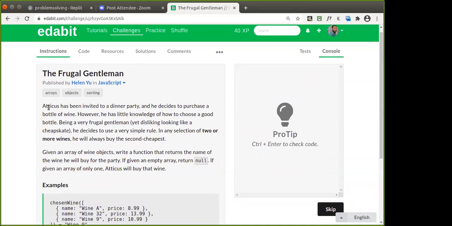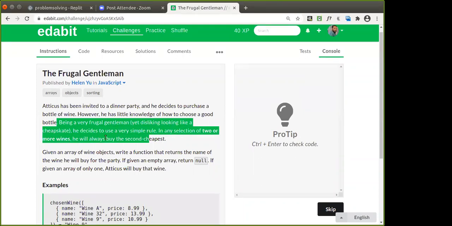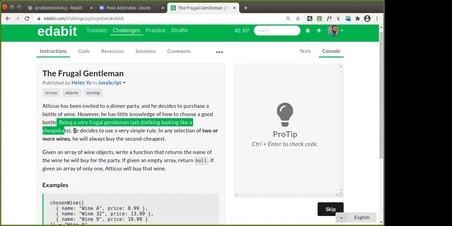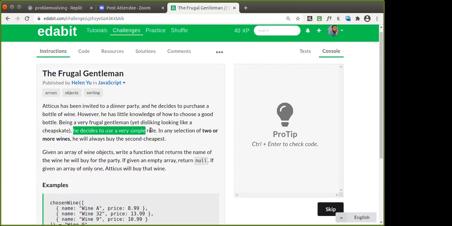There's a person, Atticus, who has been invited to a dinner party and he decides to purchase a bottle of wine. He has little knowledge of wine, so he looks for the cheapest. Now, here is the criteria that he will be evaluating to purchase the wine.